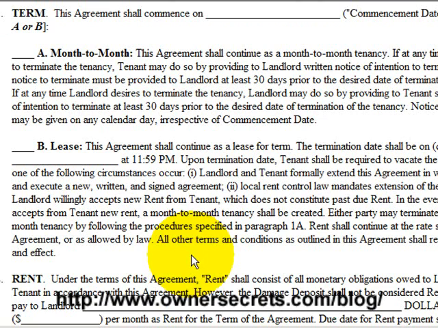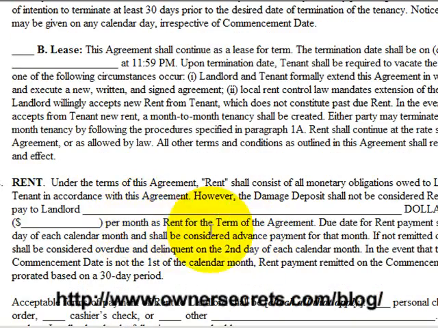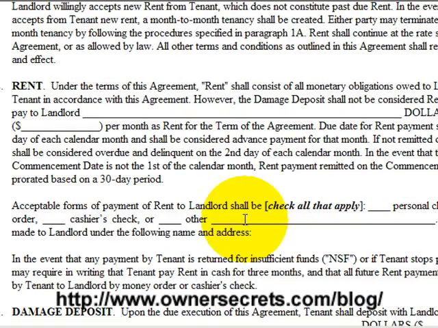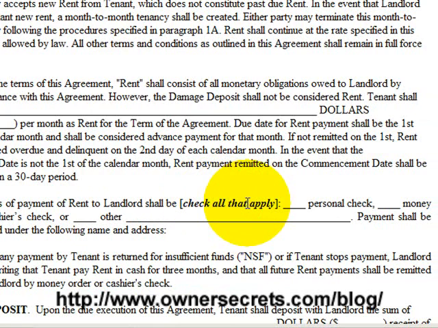Okay, then we go into the rent. It's pretty straightforward. There's a couple things here. Okay, acceptable forms of payment. Check all that apply. I recommend that you check all of these. You don't want to run into an issue where the tenant